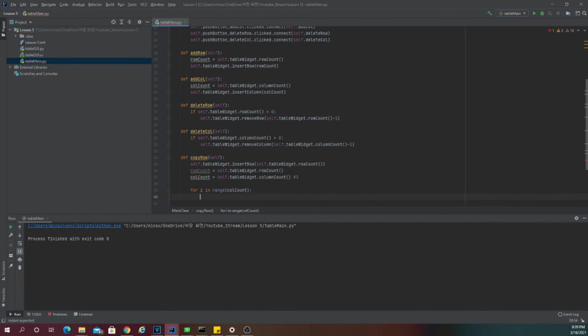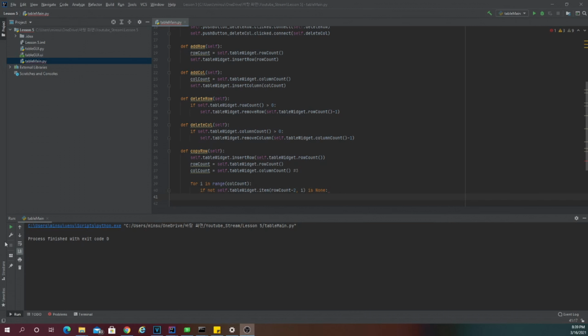If not self.tablewidgets.item(row count - 2, i) is None. So what this means, if there are 3 rows that exist, and then the first row is not empty,